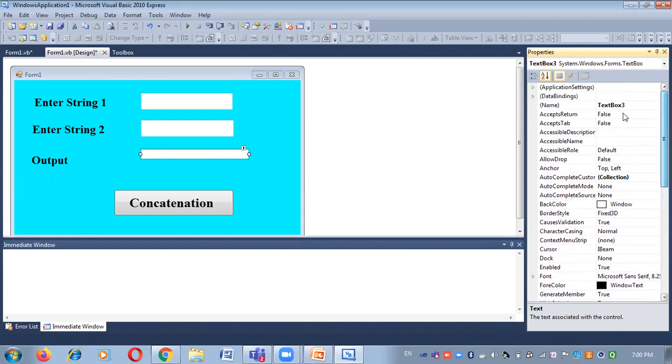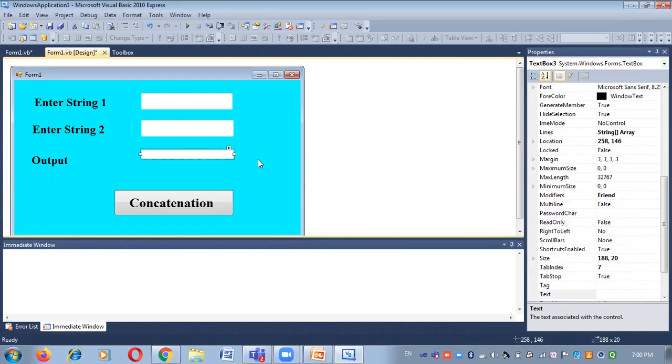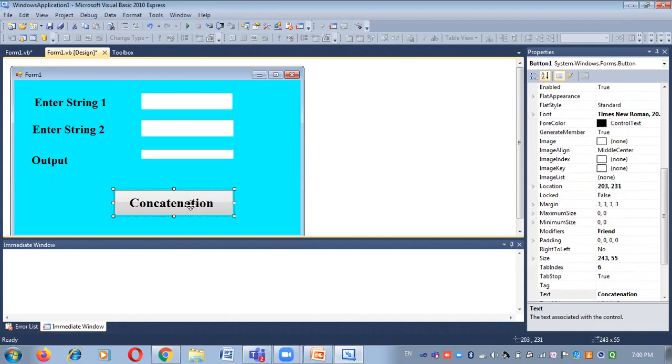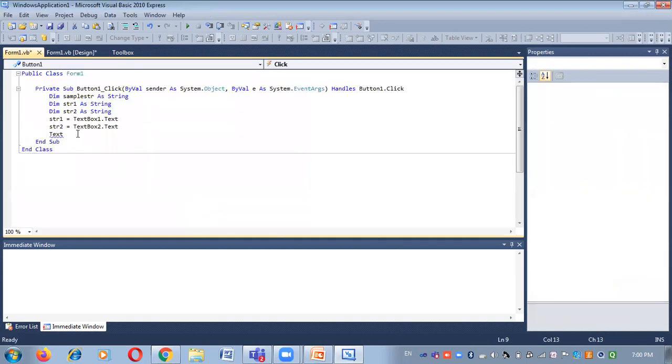Here you can check whether it is a text box or a rich text box. Why am I choosing this text box? Because when I was trying to store the value in text box 3, text box 3 was not displayed, since I had considered a rich text box there.